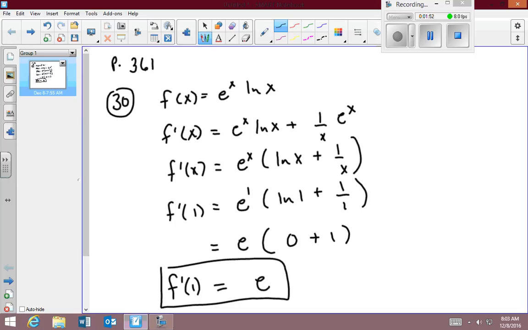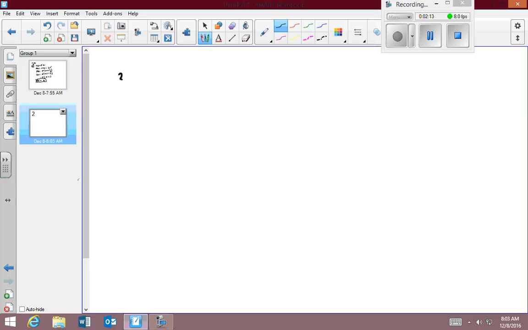And the next thing is 33 through 42. It just says check your understanding. And they just say determine if the claimed derivative is correct. So you're going to have to take the derivative of that function. 34 says f of x